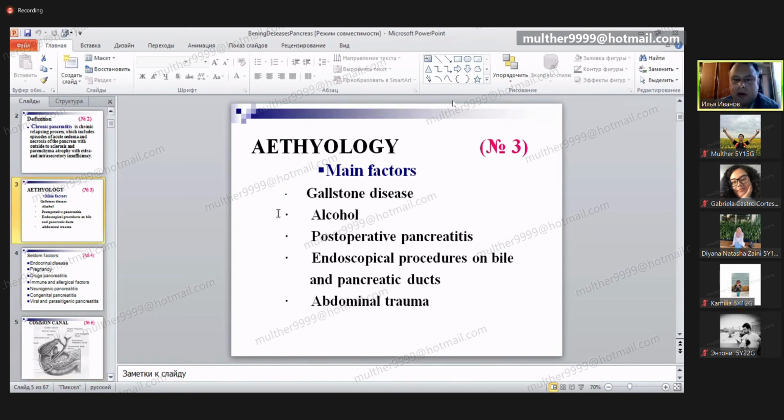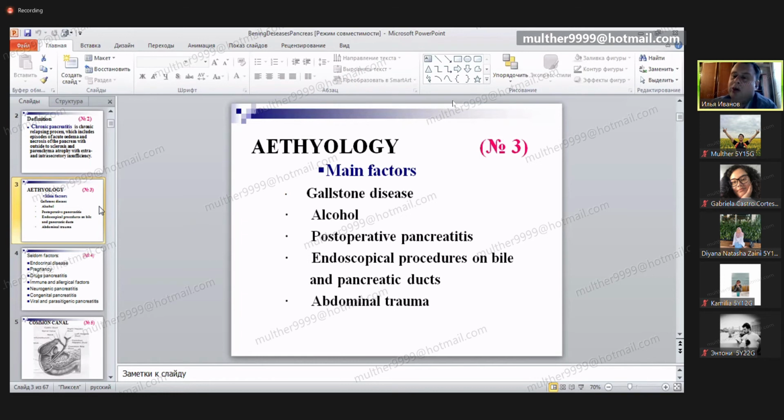The next primary reason is the endoscopical or postoperative pancreatitis. According to this reason, I need to explain any types of the activations with the increase of the intrapancreatic pressure. The main examples are any operations on the pancreas, any variants of the resection, any variants for development of the anastomosis,